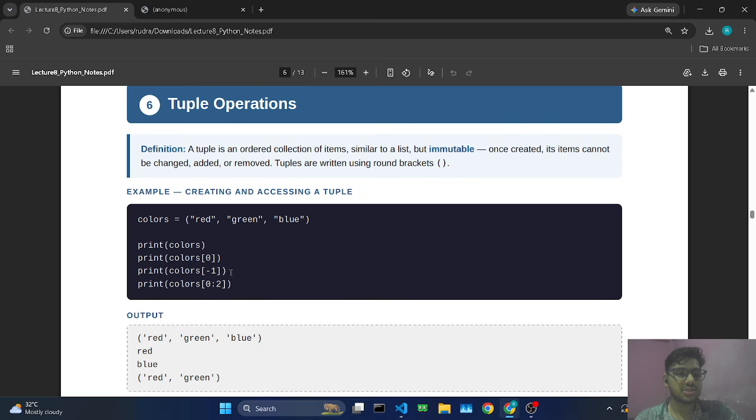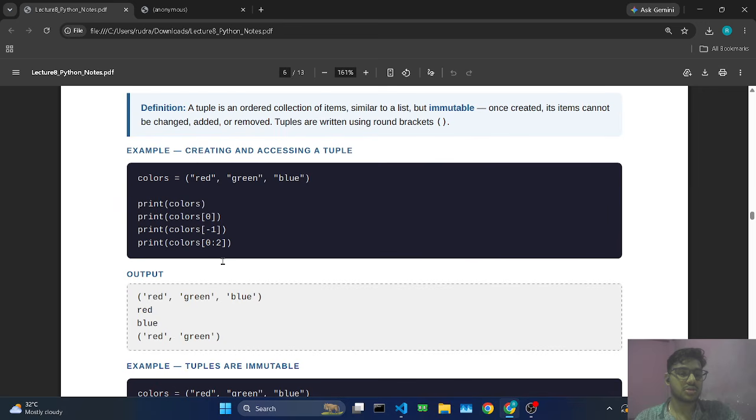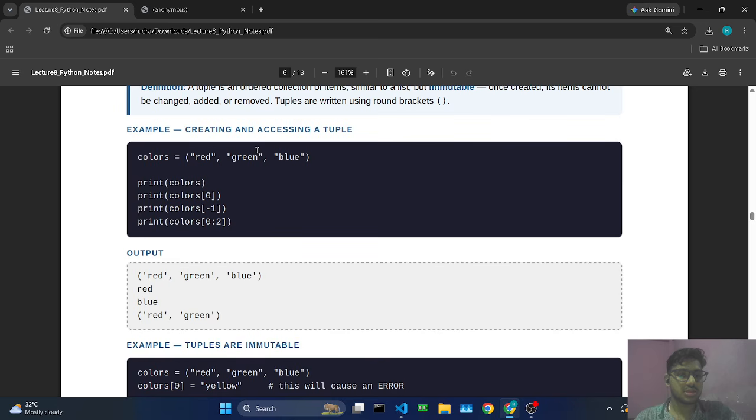Now we are accessing the elements using indexes. So here we are getting the output red for 0, and with the minus index, the last item, which is blue. Here we are slicing the tuple, okay, so we are getting red and